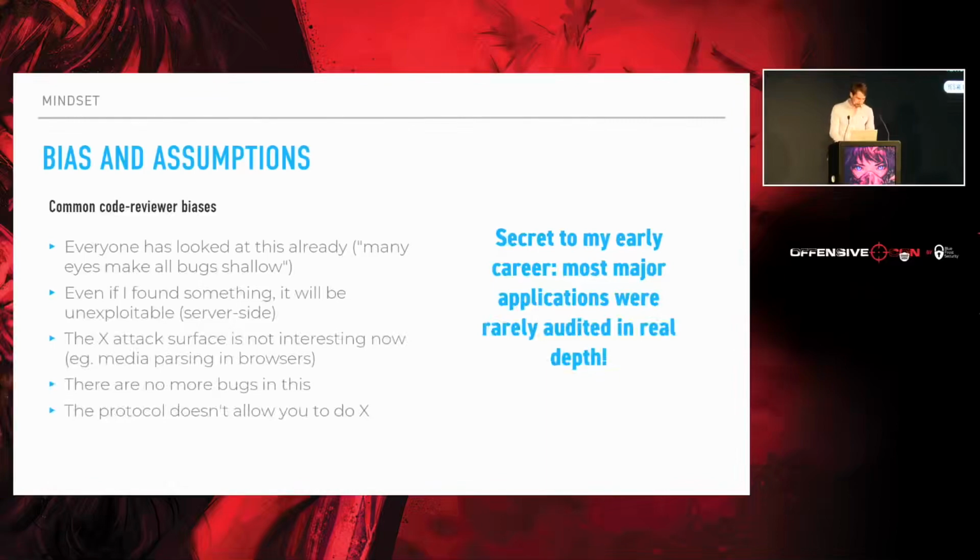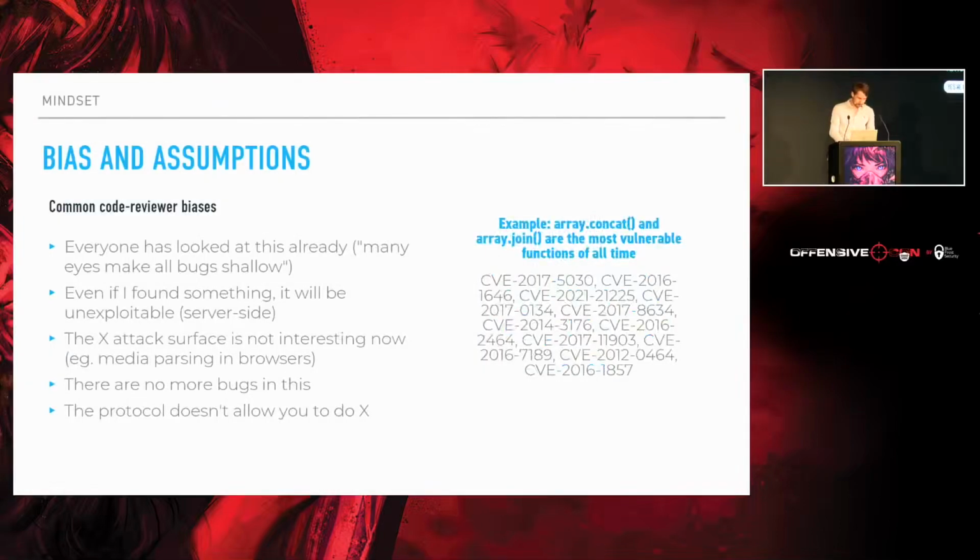And so the next one is this attack surface has been mined to death. There's nothing else there. So when I started looking at browser vulnerabilities, I found this bug in like array.join or something like that. And my mind is constantly blown how every year 2 or 3 new vulnerabilities come out in these same 2 functions. Like every major browser has had it, and basically